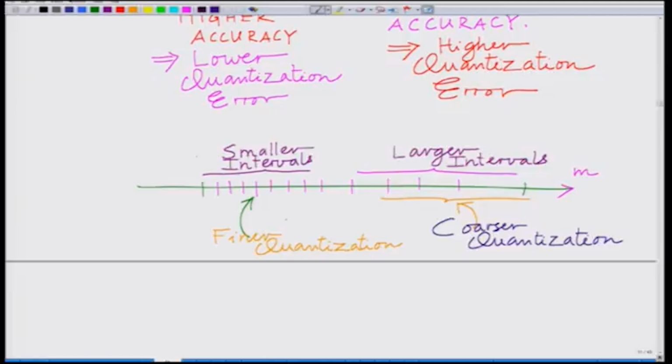So this is finer quantization, the smaller intervals in the lower amplitude region which are quantized very finely, which means the width of the quantization intervals is small, alright, therefore quantization error is lower. If you look at the larger amplitude region, then the width of the quantization intervals is large, the quantization error is higher, therefore these are coarsely or roughly quantized, alright. So in summary,